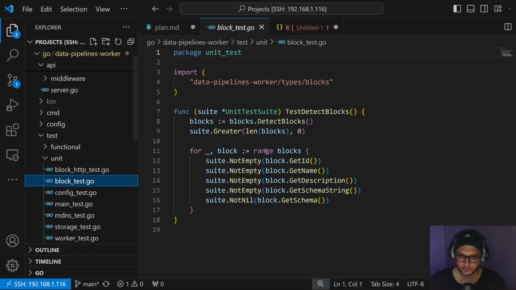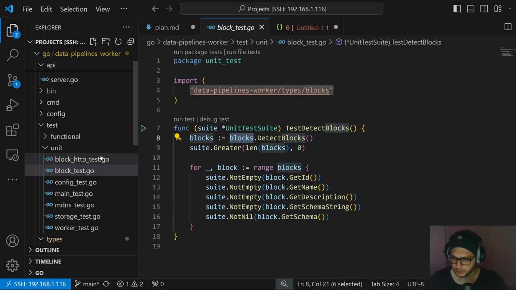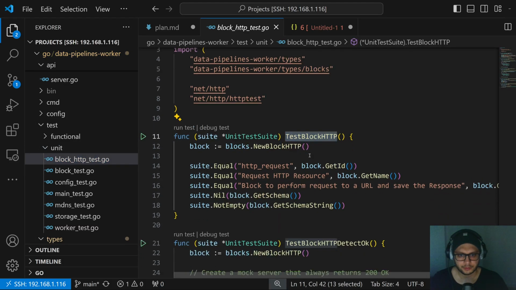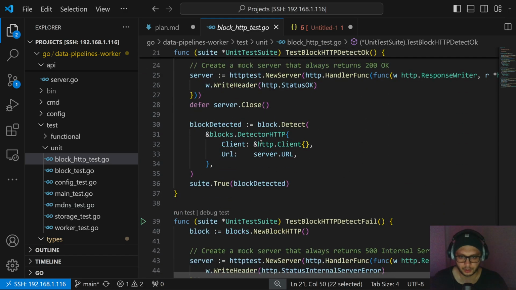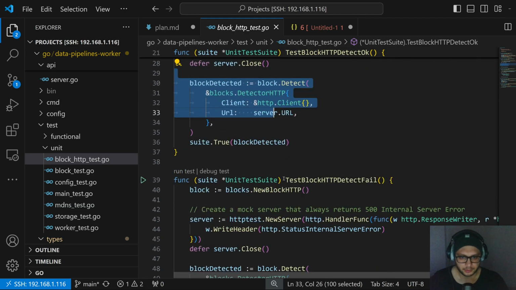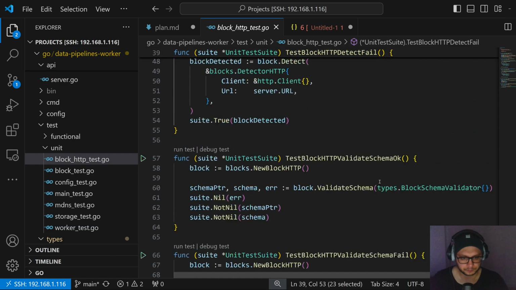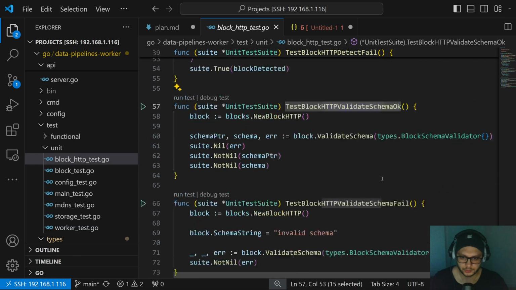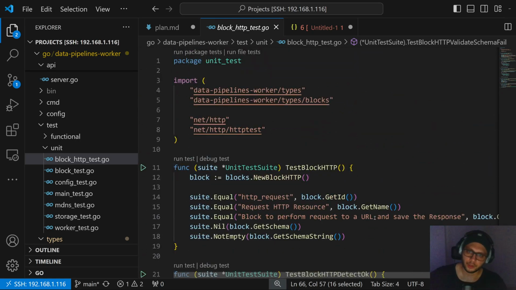Yeah. There are tests for blocks, and I think a test for the HTTP block. Yes, we're checking that detection was done. There are mocks, and I'm also checking that detection failed. Validation of the schema, and if it's failed, there is no actual